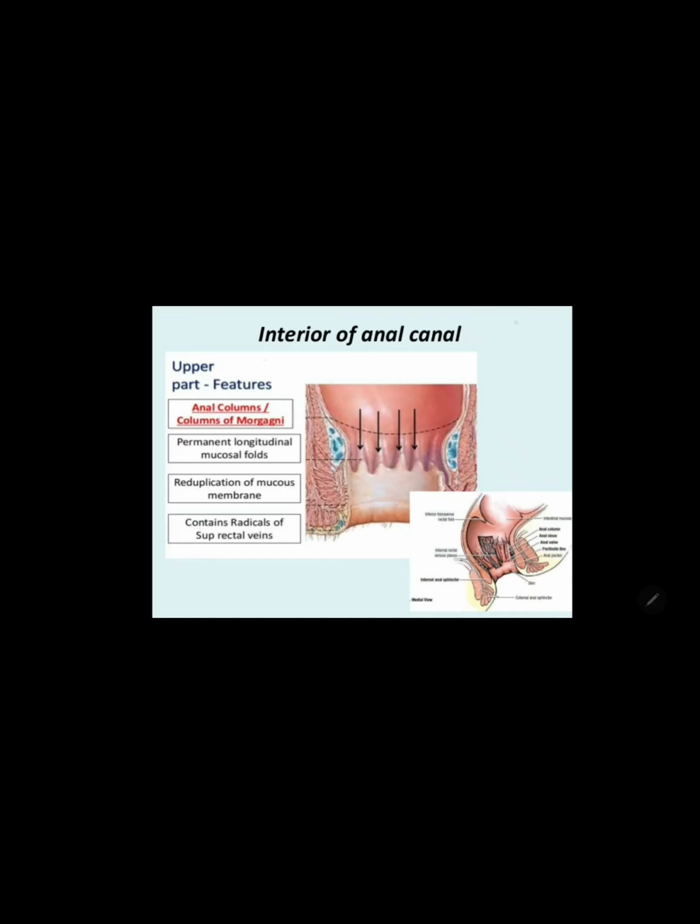whereas in the lower part of the rectum you will see temporary longitudinal folds, whereas in the upper one third of the anal canal you are seeing the permanent longitudinal mucosal folds developed from the reduplication of the mucous membrane and containing the tributaries of the superior rectal vein. You can notice there the venous plexus, the internal venous plexus on either side of the upper